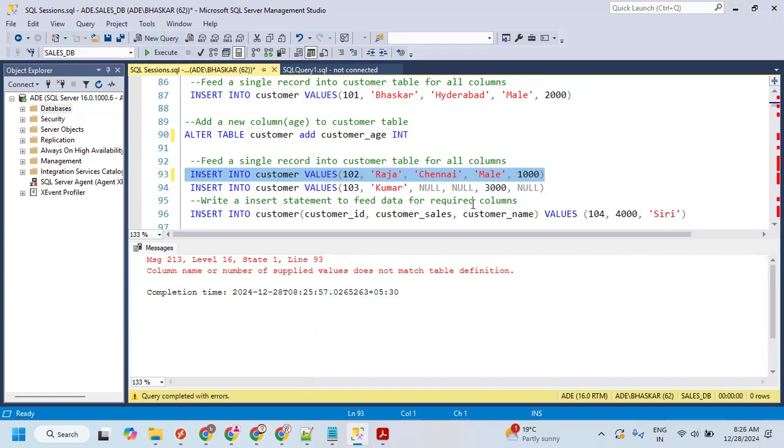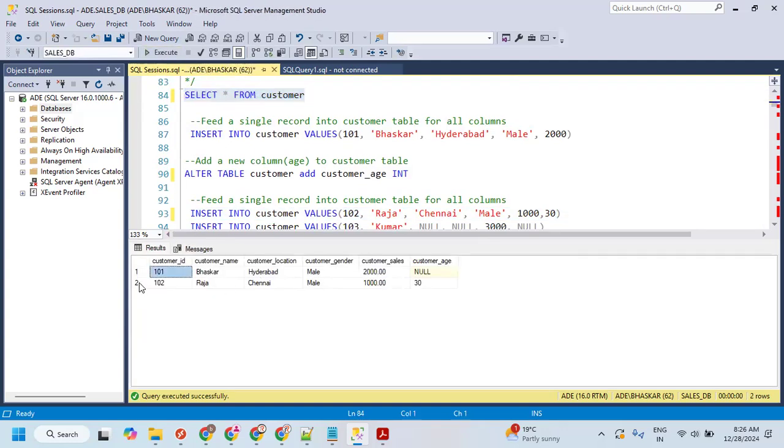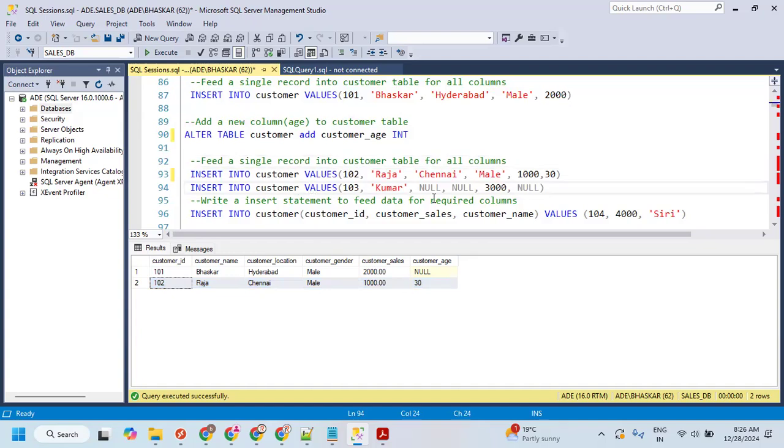So in that case, you need to cross verify. So here I'm just passing the age also here. Let's execute now. Now you can see the row is affected. If I see the select star from table name again, now you can see a second record is also added. And third record here,